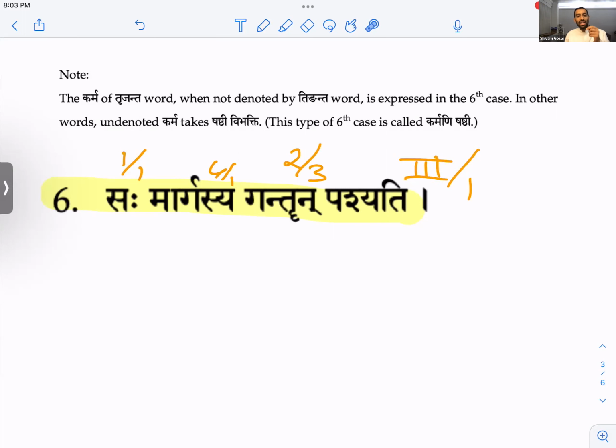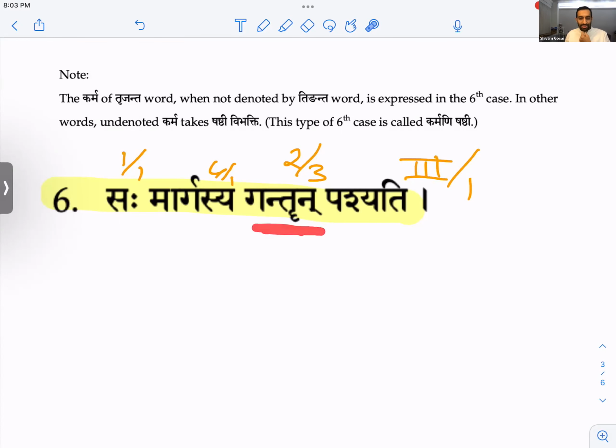The pratipadika is gantru. Originally, it was gam dhatu plus trich. But the pratipadika is gantru, dvitiya vibhakti, bahuvachanam, karmani dvitiya to pashyati.